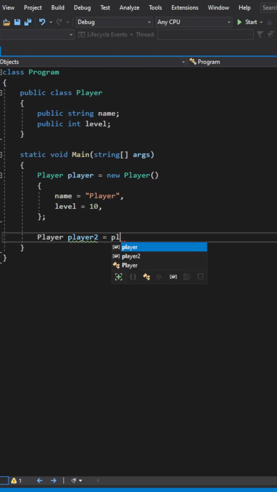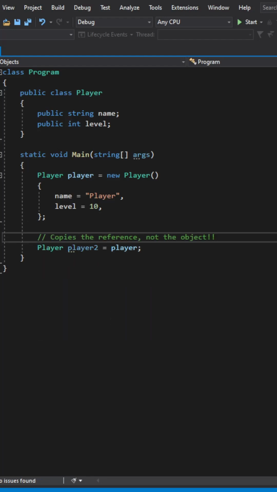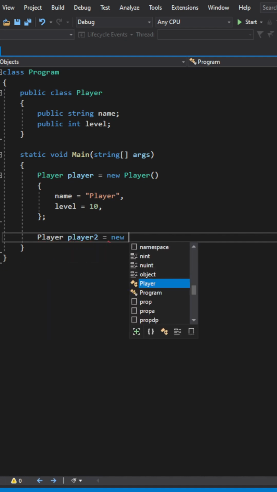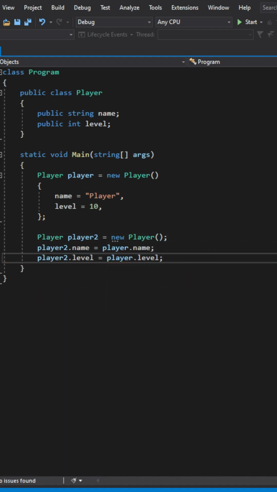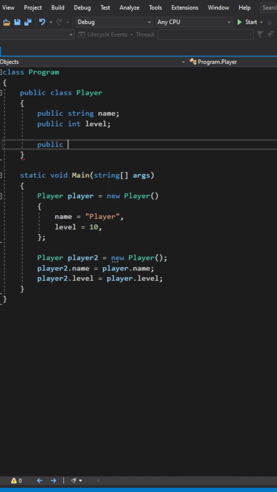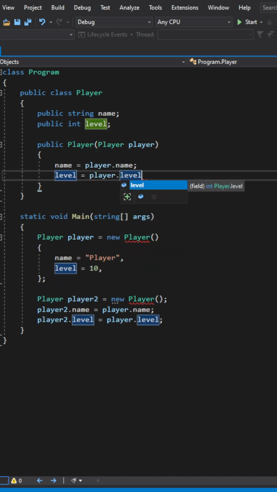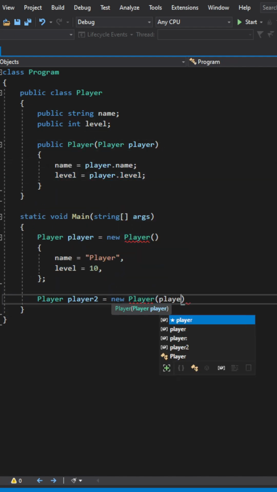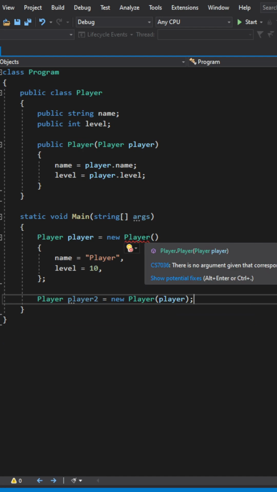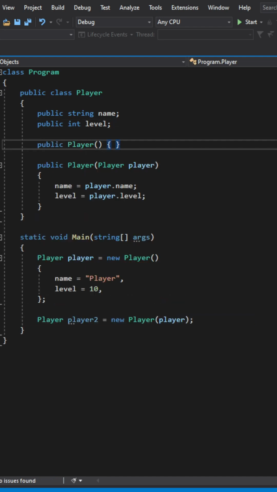Objects only copy their references when assigned, so we'll need to write our own duplication method. The simplest way is to create a new object and copy each value manually. To make this more reusable, we can write a copy constructor, passing in an object of the same type. Now that we've defined a constructor, we'll need to add a default one so we can still create our first